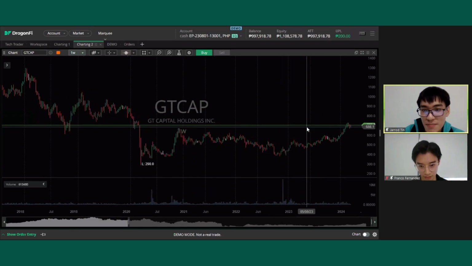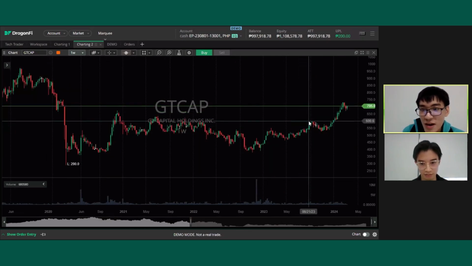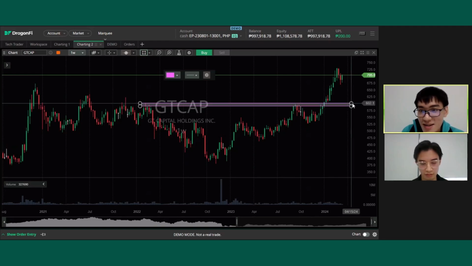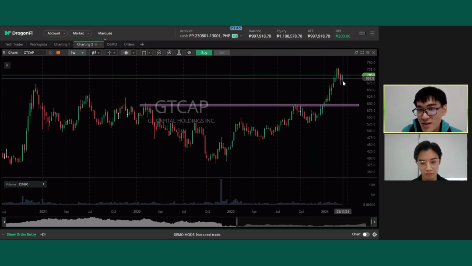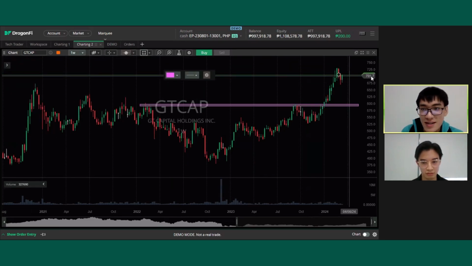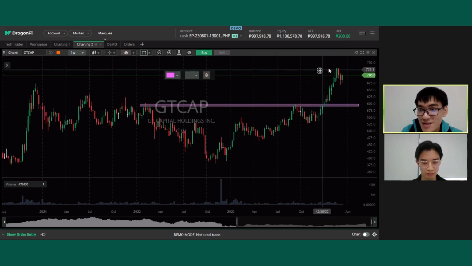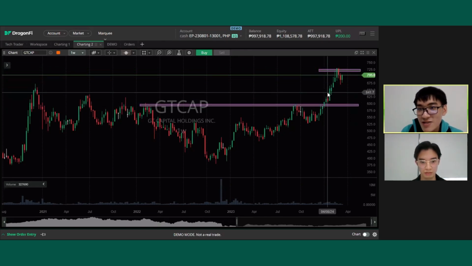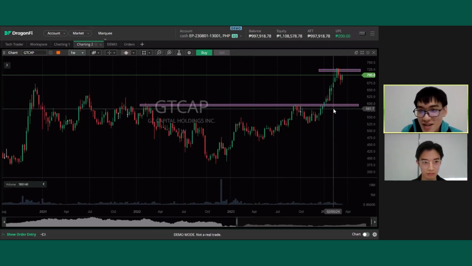So there, GT Cap. Let's say you want to buy at support again. So let's say 600, right? There's support here around this level. So let's say you want to buy here, then you sell at resistance around 725. Basically, we want price to come back here, then you sell it here. So this is a buy on support trade. Then your stop loss, you can put maybe below 600, so around 580. So how would that look like?